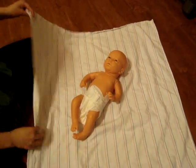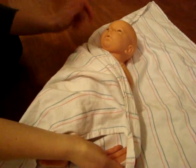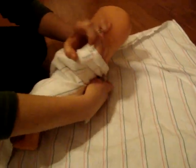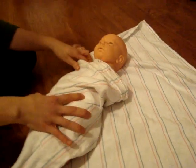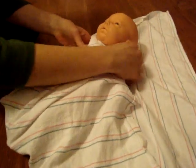So the way we do this one is your first pass is the same as the burrito wrap, pretty much. You're leaving this down here. You bring this back behind his back and secure it. The second pass down here, the bottom fold, is the same. You bring that one up, tuck it either in the first fold or back around behind his neck,